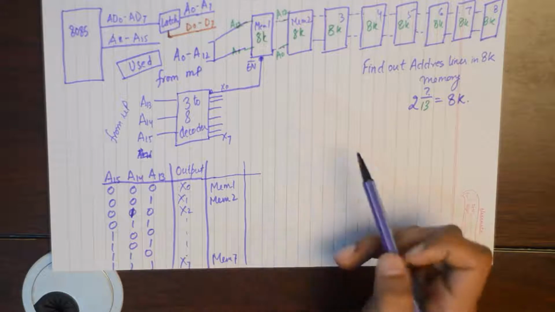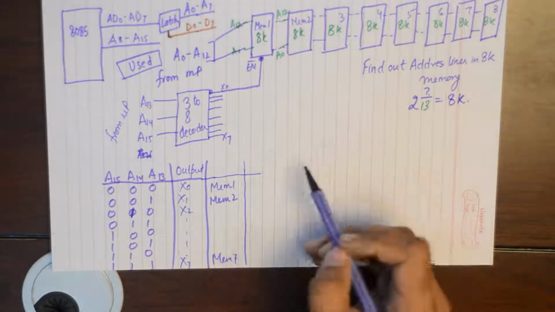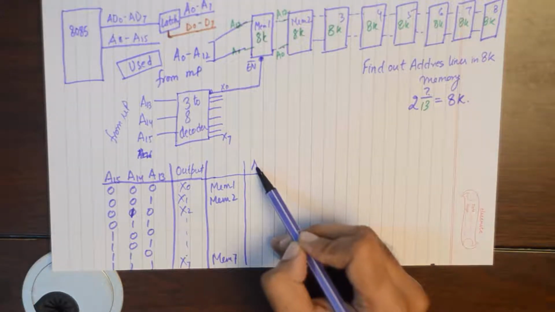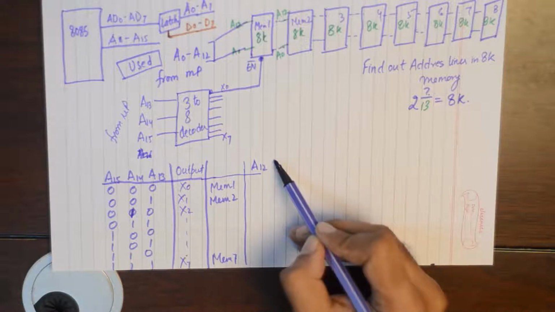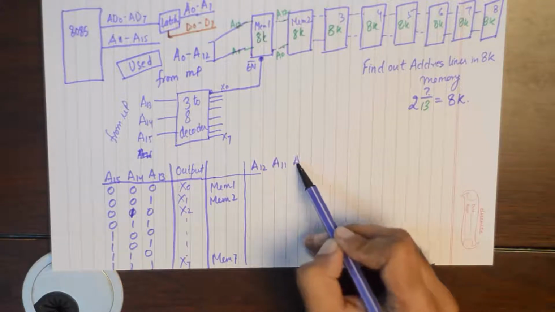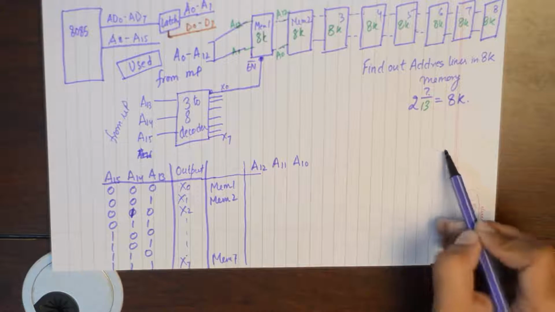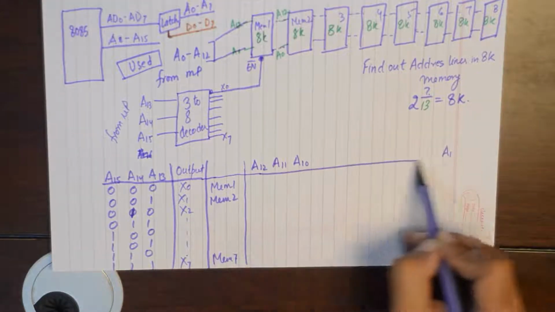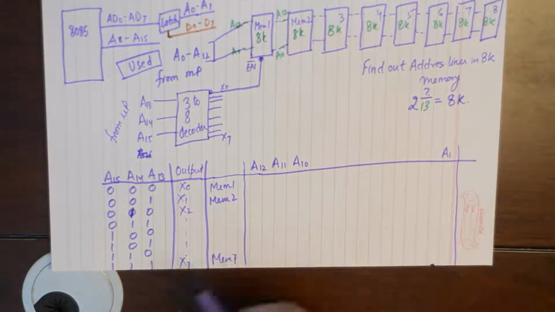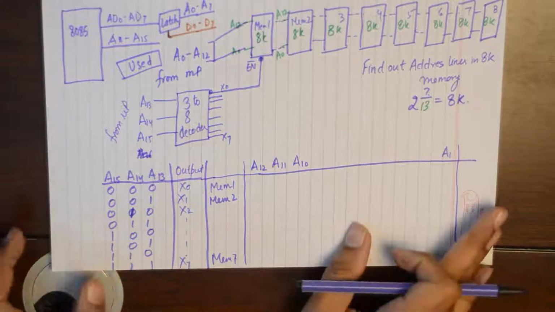So that makes sure that only one memory is selected at one point in time, and the remaining address lines from A12 to A1 are used to physically connect with the memory. Now to devise a memory mapped table of the addresses, what we do is